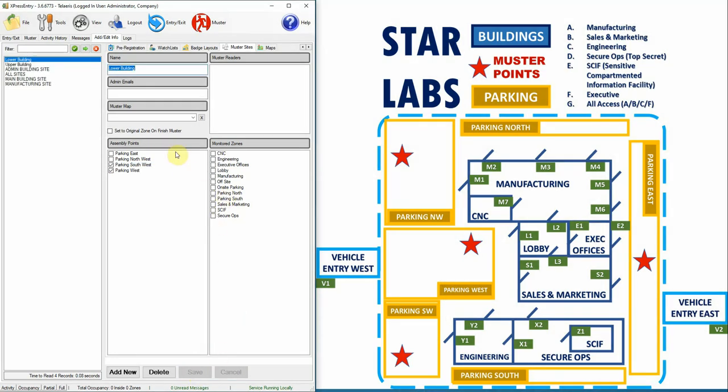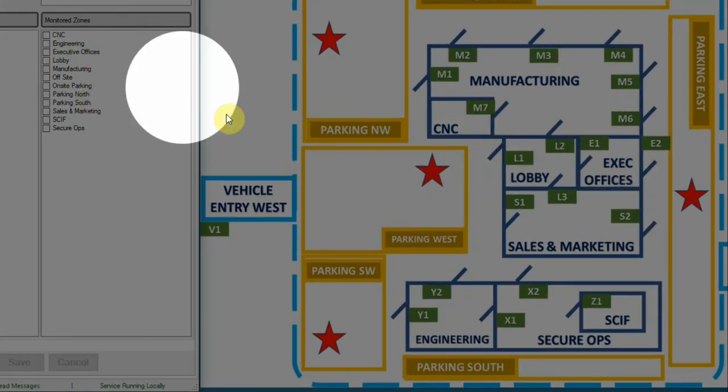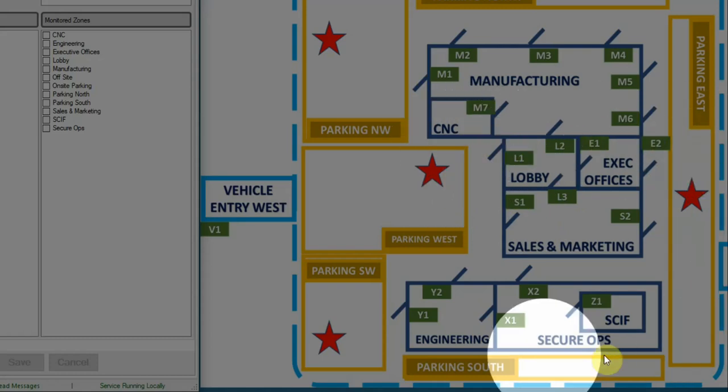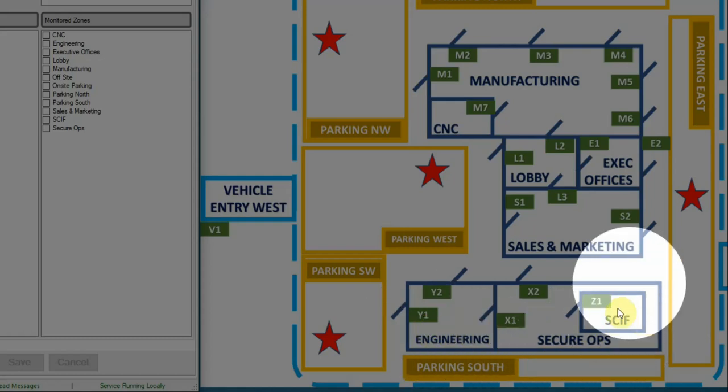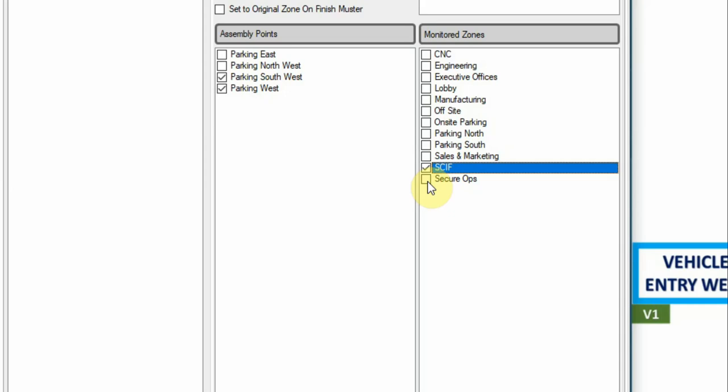Now, the very next thing you need to do for your master site is to specify the zones that it's monitoring. Because this is for the lower zone, we want to monitor all of these that we have specified as our lower region, which is from sales and marketing to engineering, secure ops, SCIF. So all the people that are within these zones, we're expecting them to be found on the missing list within this master site. So let's select this SCIF, secure ops,